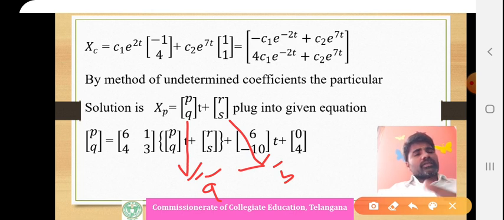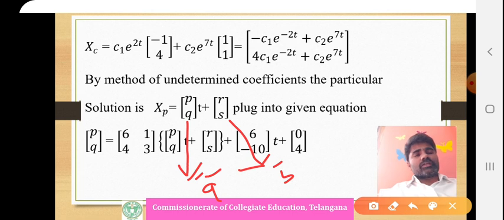In ordinary differential equations they are constants: a cos t plus b sin t. If it is t square, a t square plus b t plus c. If it is e power t, a into e power t. If it is t square e power t, take all derivatives, t square e power t, t e power t, e power t: a t square e power t, b t e power t plus c e power t. Like that we can choose the coefficients, a solution of the equation form as a particular solution.